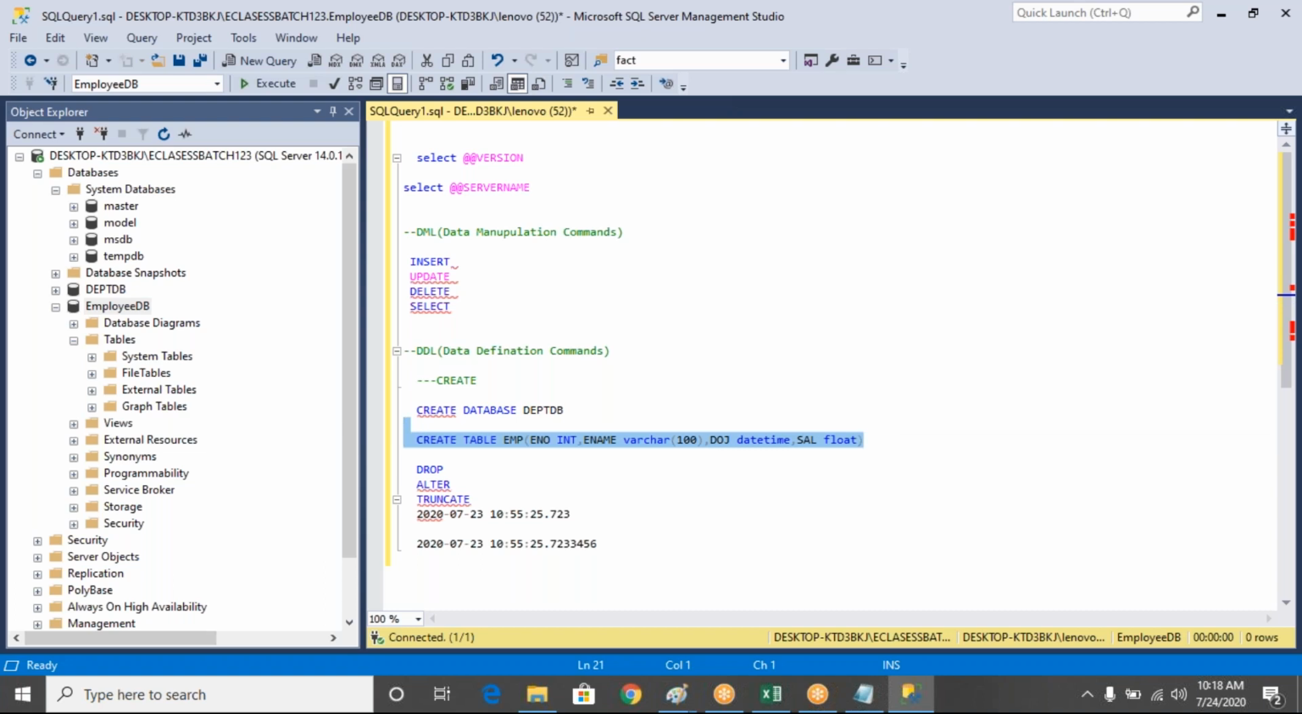In which database will it create? Can someone give an answer? If I'm executing this create table EMP employee number, whatever the SQL command, by clicking on execute, in which database is it going to create? Employee database. Employee DB database. The reason is that you are executing this SQL command by selecting this employee DB database